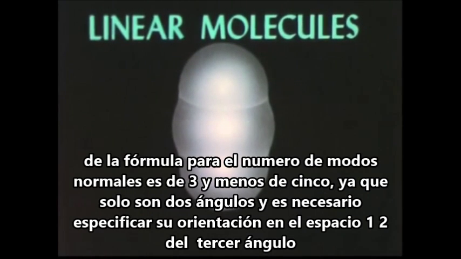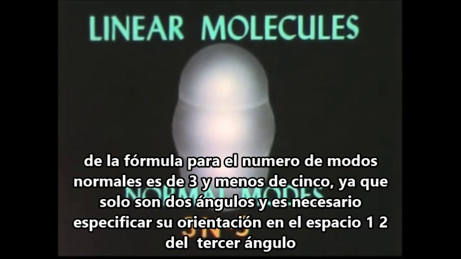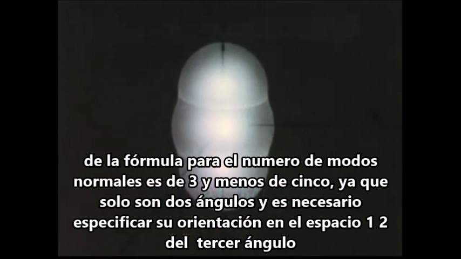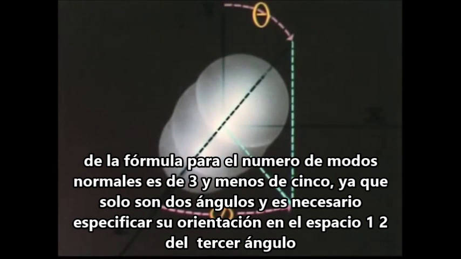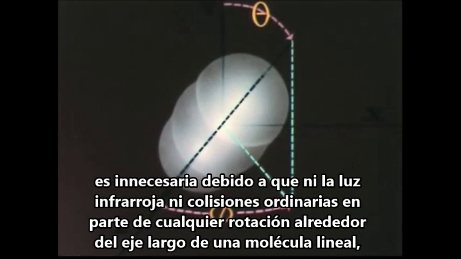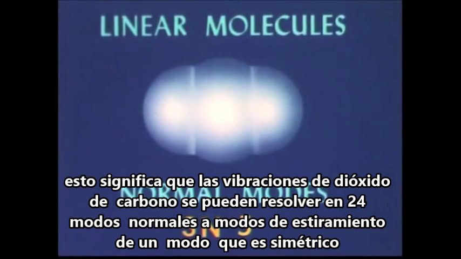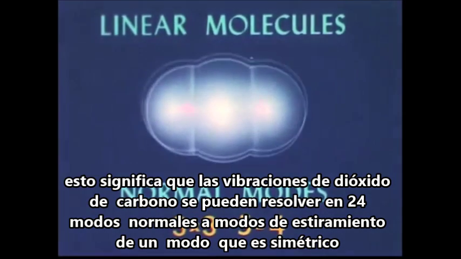For any linear molecule, such as this one of carbon dioxide, the formula for the number of normal modes becomes 3n-5, because only 2 angles are necessary to specify its orientation in space. 1, 2. The third angle is unnecessary because neither infrared light nor ordinary collisions impart any rotation around the long axis of a linear molecule. This means that the vibrations of carbon dioxide can be resolved into 4 normal modes: